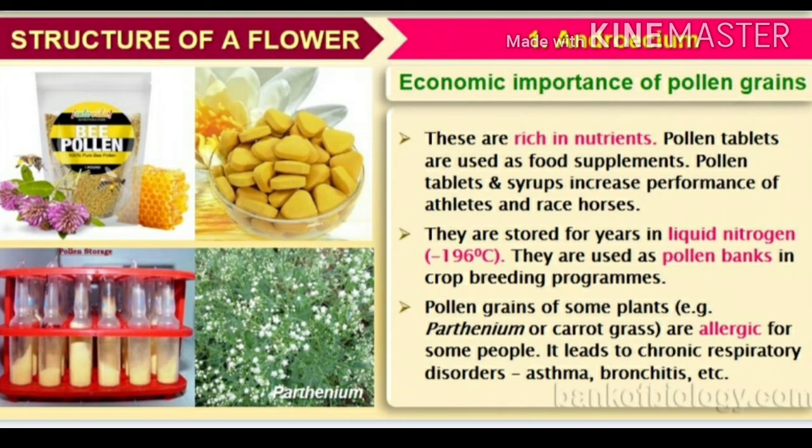And now let us see what is meant by a pollen bank. Pollen banks are places where we can store and keep pollen for future use. Here the pollen grains of a large number of species can be stored for years using liquid nitrogen, which means storing them at minus 196 degrees Celsius. And that is what is meant by a pollen bank. Like the storage of sperms of many animals, the pollens of specific species of plants can be stored and used for crop breeding programs, similar to seed banks.